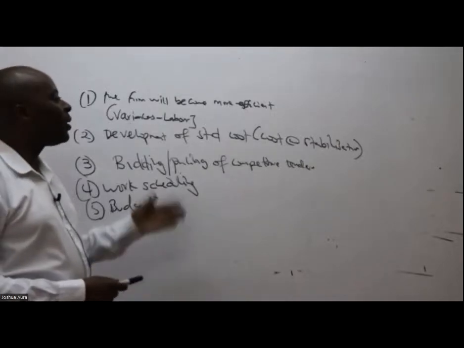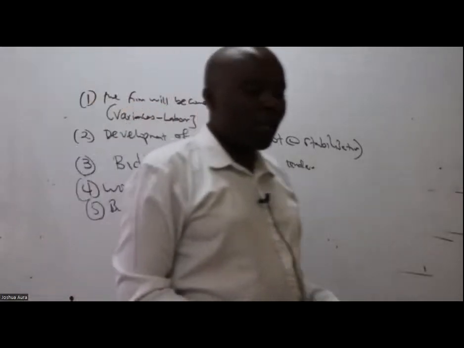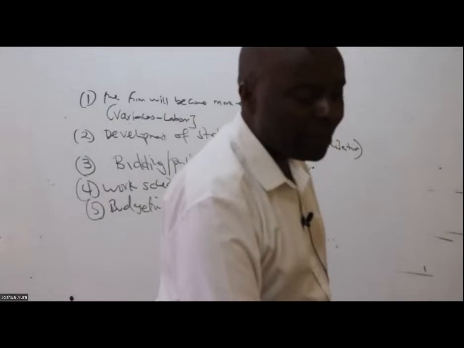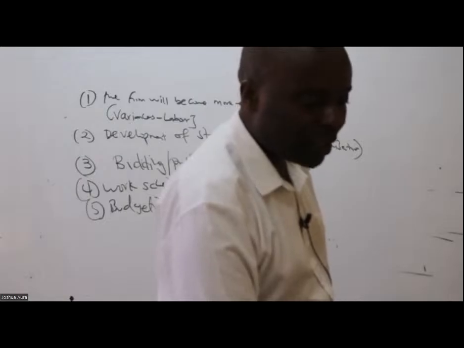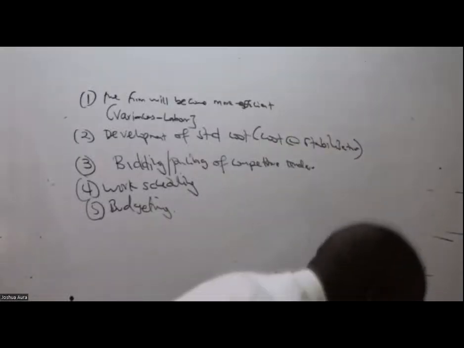And then these things keep on repeating themselves. If, for example, you get an examiner asking you about the learning curve limitations. Let me go back to where we were. Learning curve limitations. If somebody comes and asks you, for example, to provide the limitations of learning curves, disadvantages of learning curves, limitations of learning curves. Listen to me even before we read. I will be able to give you very many disadvantages, very many limitations.